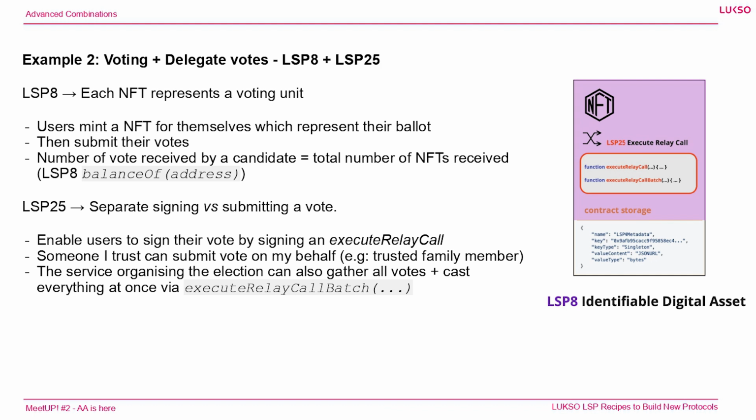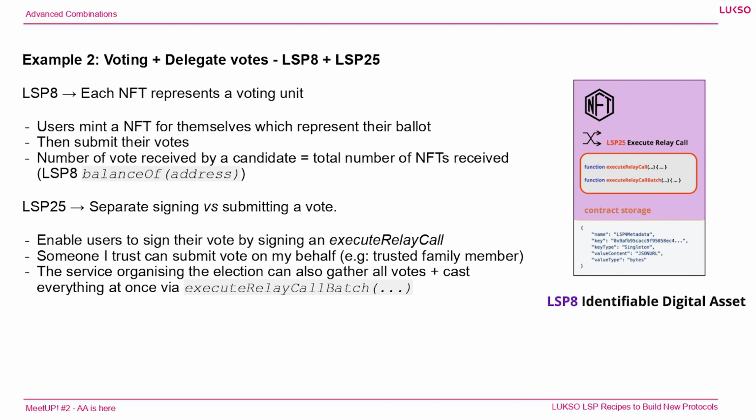And this way, LSP25 is the execute relay call standard. It's the standard behind gasless transactions. You can use that to separate the submitting of a vote from the signing. Why? Because if you are a user, to cast your vote, you're going to have to interact with a contract, you're going to have to pay the gas. But if you have LSP25 built in, a user can sign the vote by sending the execute relay call,